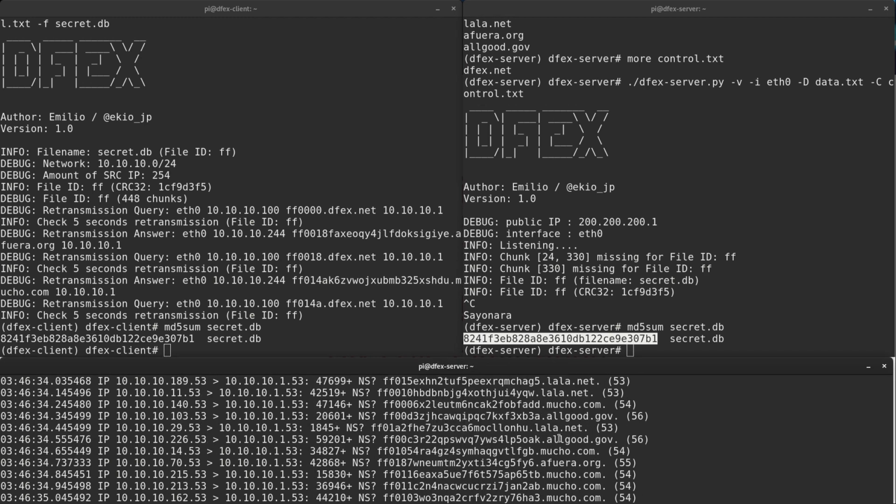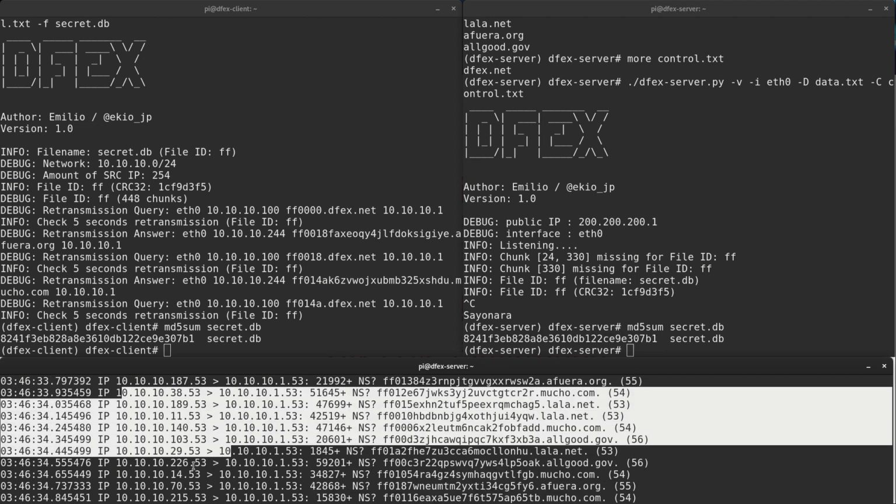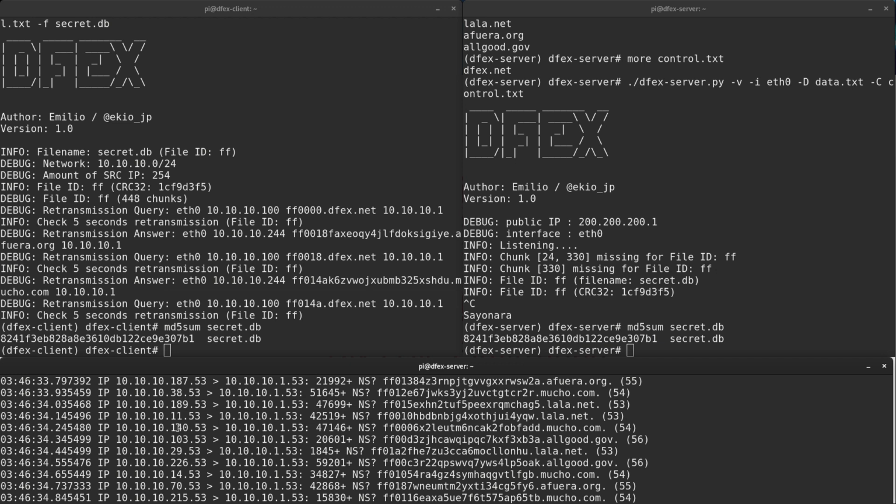If I scroll, you can see on this side all the IP addresses that are random. This is using spoofing. In this way, if you do statistics, you will notice that to this subdomain, this IP makes 3 or 4 queries, 2 queries, right? So it doesn't look suspicious if 254 IPs make 2 queries. It's not the same as one IP doing 448 queries to the same domain, right?